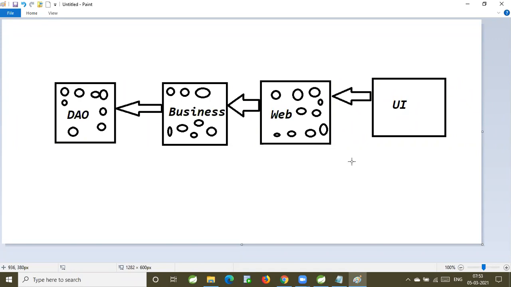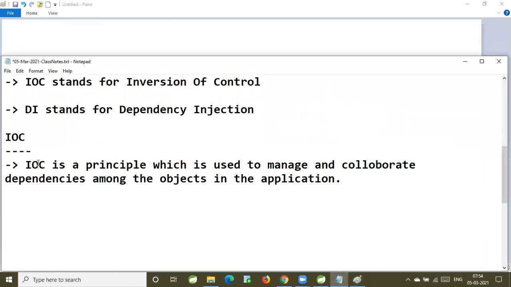Good. Now here, who is going to provide one class object to another class? That is our IOC container.